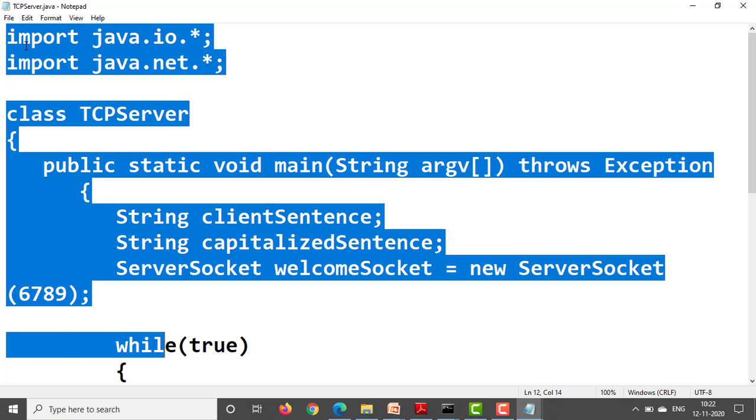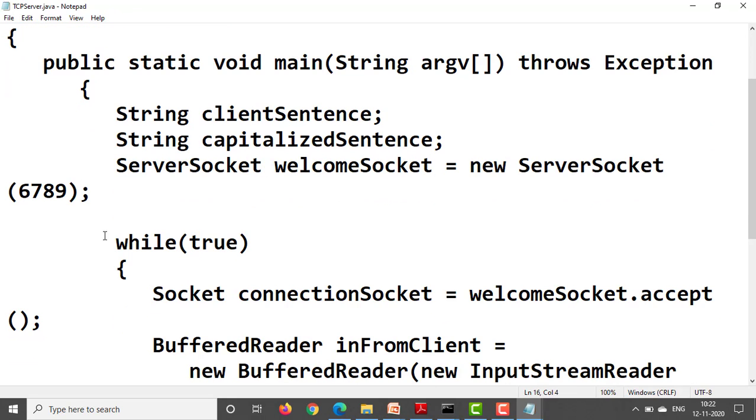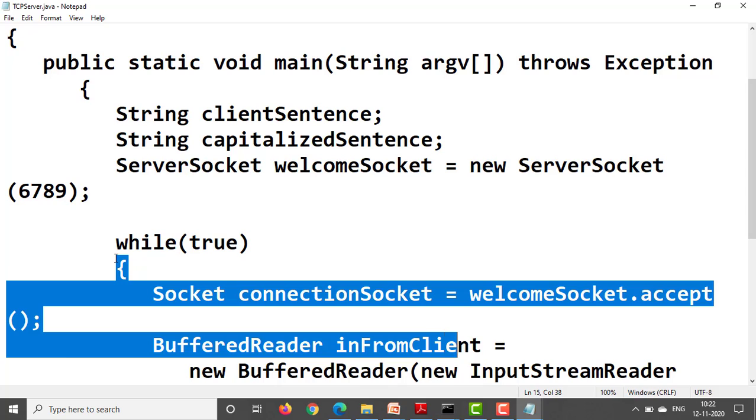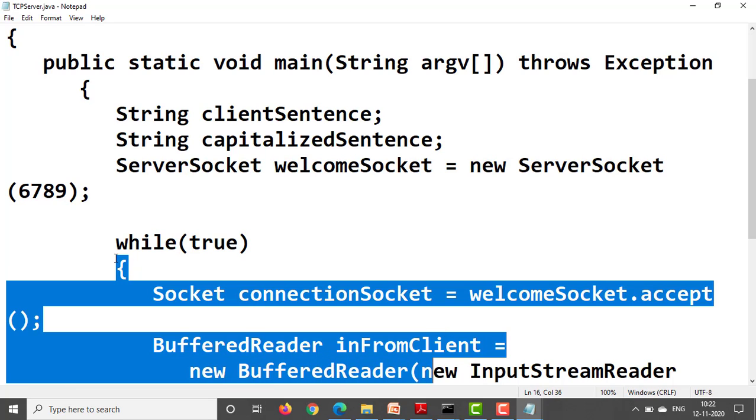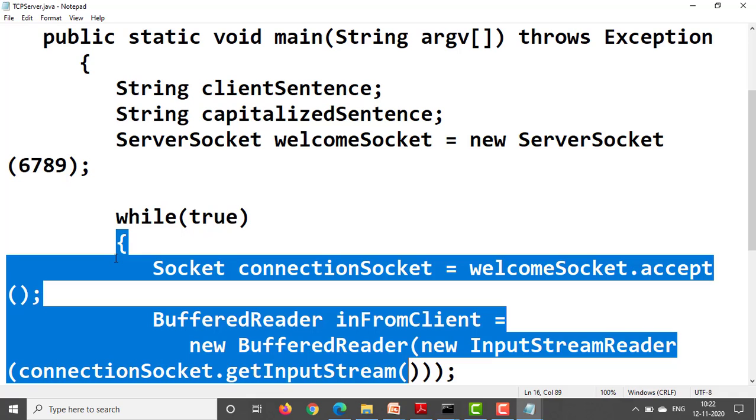Next, while (true) { Socket connectionSocket = welcomeSocket.accept(); Here, by using this accept method, the server will wait for the client to connect and give the response. BufferedReader inFromClient = new BufferedReader(new InputStreamReader(connectionSocket.getInputStream()